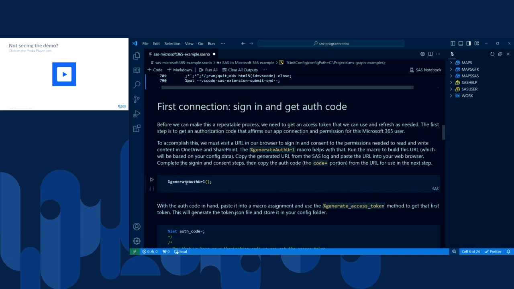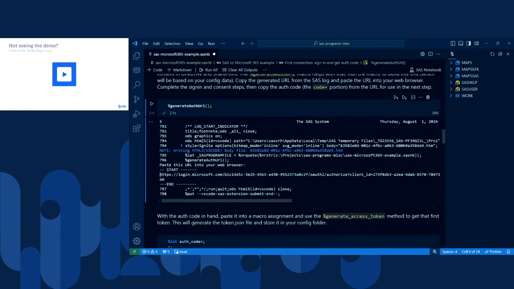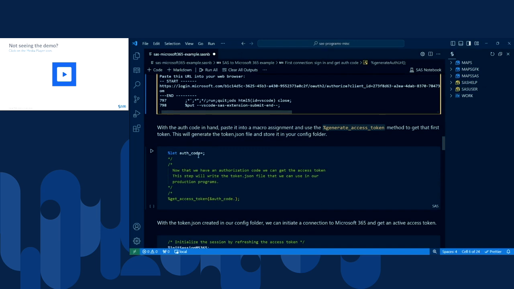And so this macro here, the generate auth URL, will basically put that information together and generate the URL that you would visit. So as you can see here in the SAS log, it's generated this kind of long URL that I would just copy and paste into my browser, and then that would sign me into my Microsoft 365 and generate an auth code for me that I would then copy into the next step here, which is just pasting it here into my program, and then calling the get access token in order to